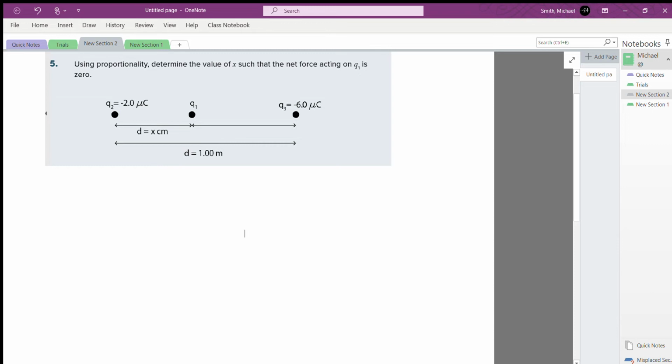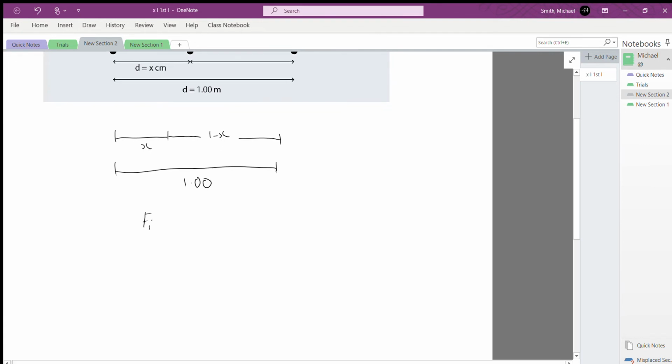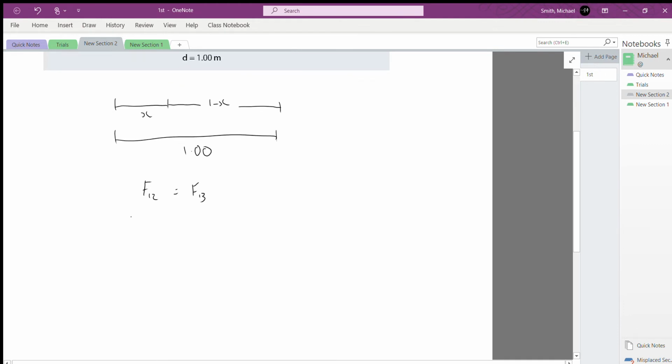So if the distance between Q1 and Q2 is x, and the distance between Q3 and Q2 is 1 meter, that means that distance here must be 1 take x. So now we can just use Coulomb's law to work out what the value of x is going to be. Using similar notation to before, we'll write F12 has to be equal to F13, and then substituting in our expression of Coulomb's law, so F is